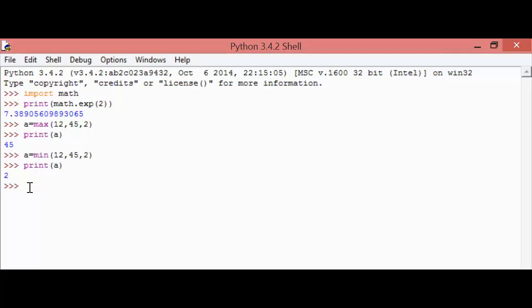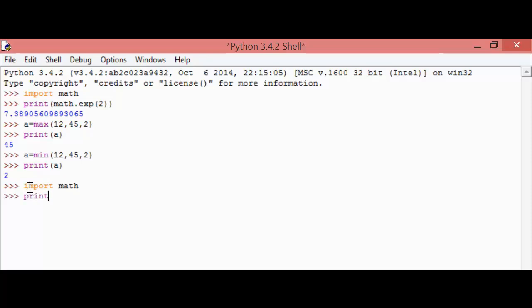The next method is the power method. The power method is just similar to the math power, which means that 2 to the power 3, 2 to the power 4, whatever power we give, it will simply give the result. For that I am going to simply execute the power method. So first we have to import the math module because these methods are not accessible directly.